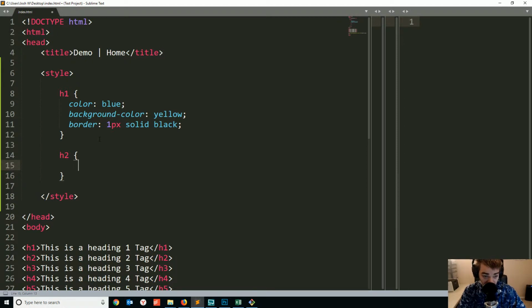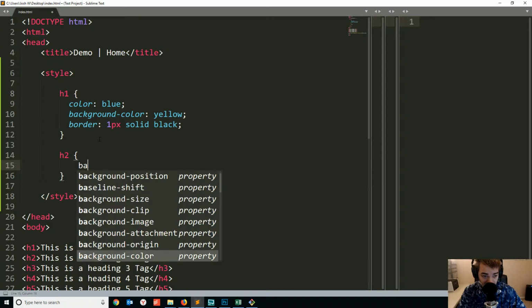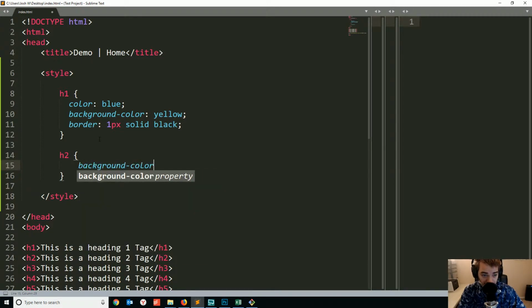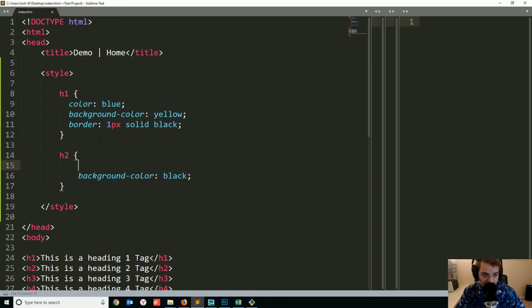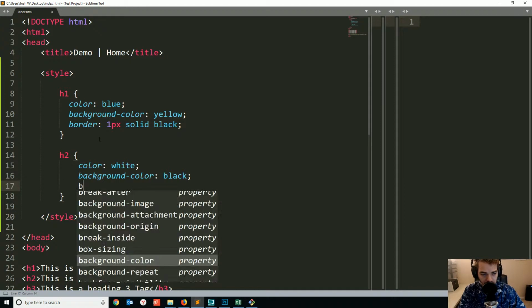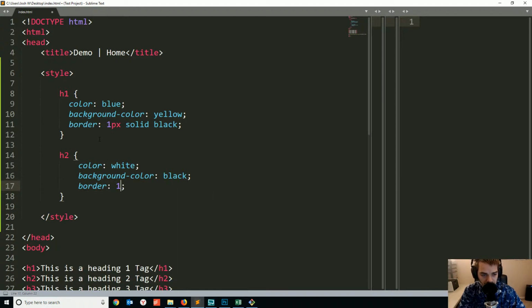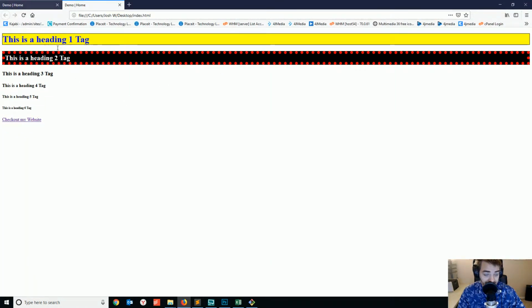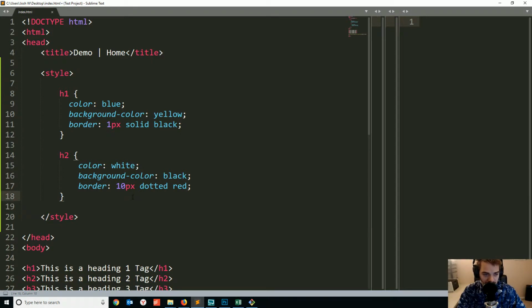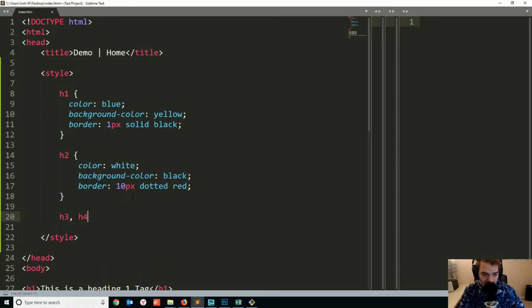So with H2, what I'm going to do is we're going to do background color black, and we're going to do color white, border 10 pixels dotted red. Okay, let's right click, open the browser. Okay, and then I'm going to do H3, H4, H5,